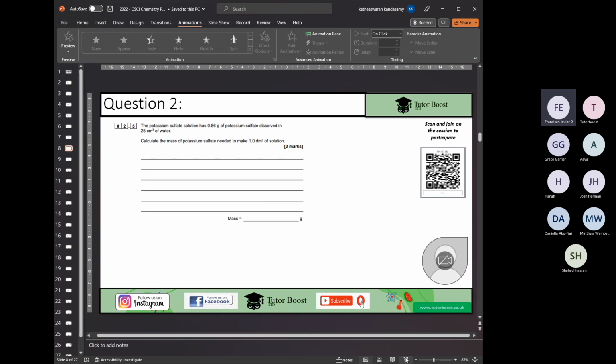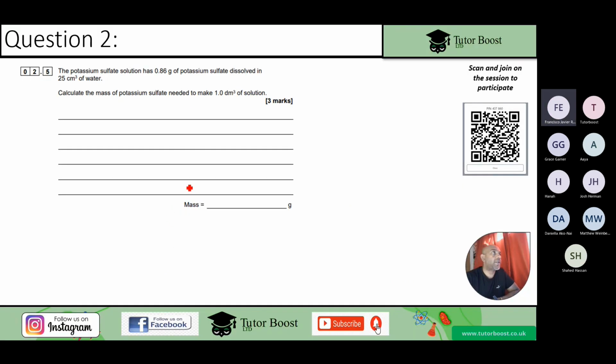Question 2.6. The potassium sulfate solution has 0.86 grams of potassium sulfate dissolved in 25 cm³ of water. Calculate the mass of potassium sulfate needed to make 1 dm³ of the solution. So I'll give you a couple of minutes because it's usually a high level question trying to work out the mass. So I'll give you 2 minutes. See if you can work out the mass of potassium sulfate needed to make 1 dm³ or decimeter cube